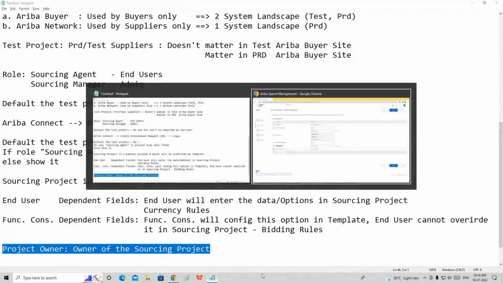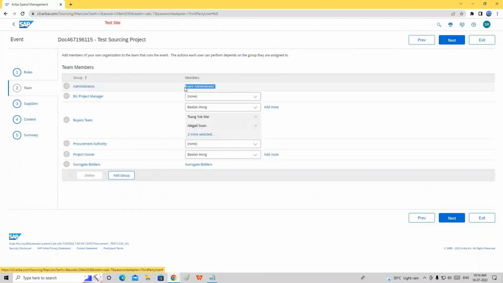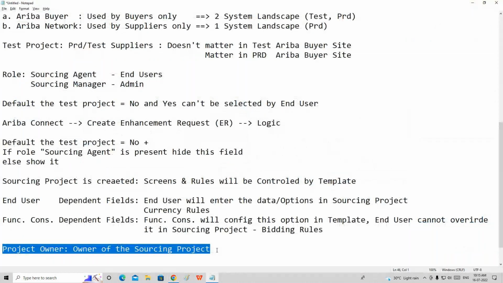Okay, what does it mean? It means this particular person can edit the sourcing project, or the administrator can, nobody else. So in this case, the best practice is to put the sourcing manager role as the administrator. Whoever has the sourcing manager role would be able to edit the sourcing project, and by default this is the project owner, and the project owner will edit the sourcing project. Now why is project owner a very important thing? Let us say